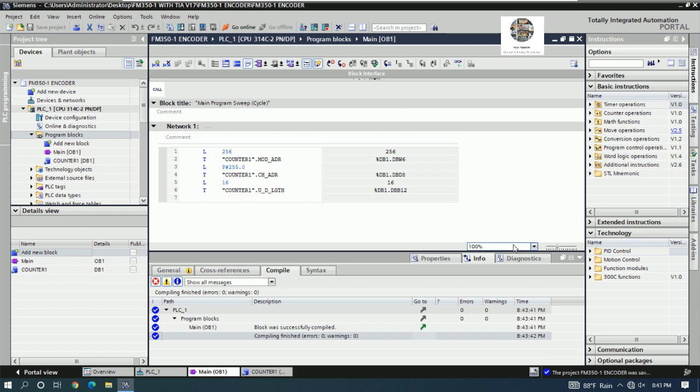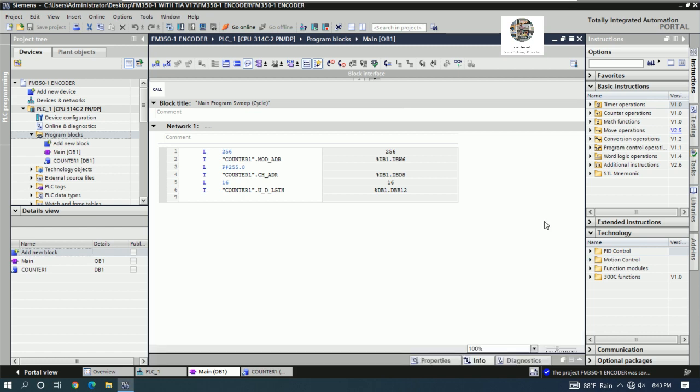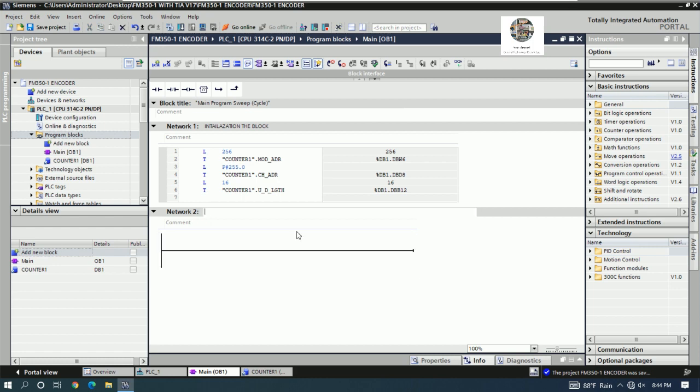So if we would like to read the data from encoder, we can use one more block. I will add this one, initialization block, and then I will insert the network. This one, read data from encoder,